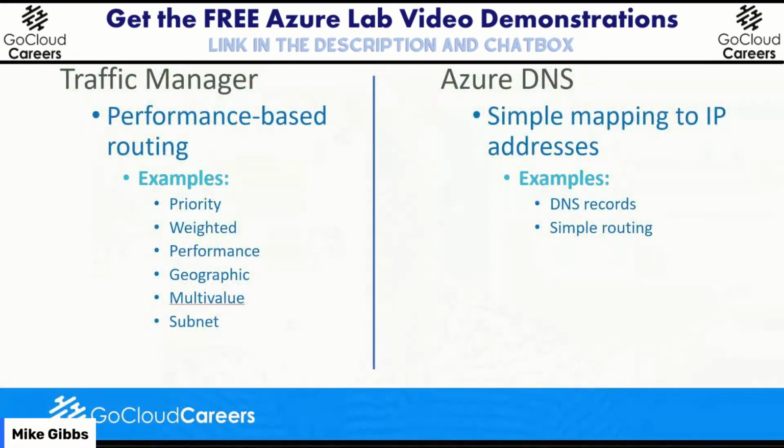So how do you compare Azure Traffic Manager versus DNS? If all you need is to map an IP address to a name, Azure DNS is your option, assuming you don't manage your own. By comparison, Traffic Manager is going to be if you need a high availability setup, if you need to do some performance-based things. So that's realistically speaking what we're talking about. All in all, Traffic Manager is going to enable you to do more things. But you can manage your own DNS systems. You get some great DNS servers from, say, F5, and then pop them in all clouds, and you don't have any of these things.